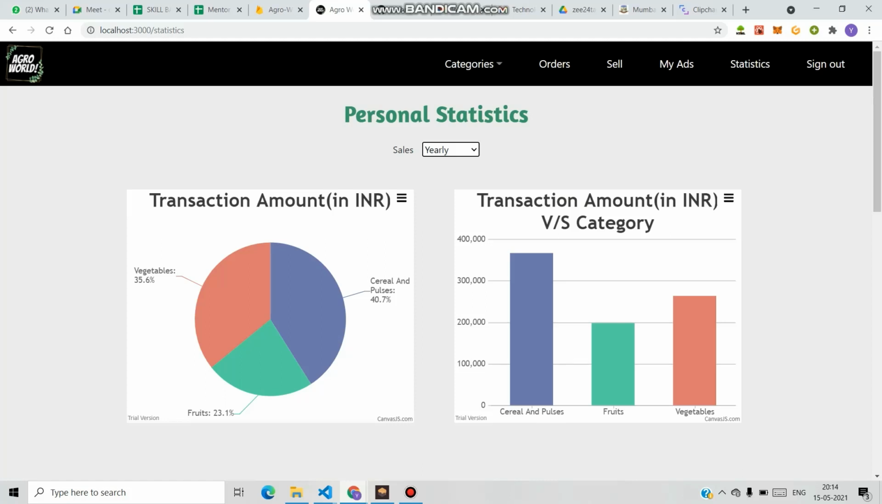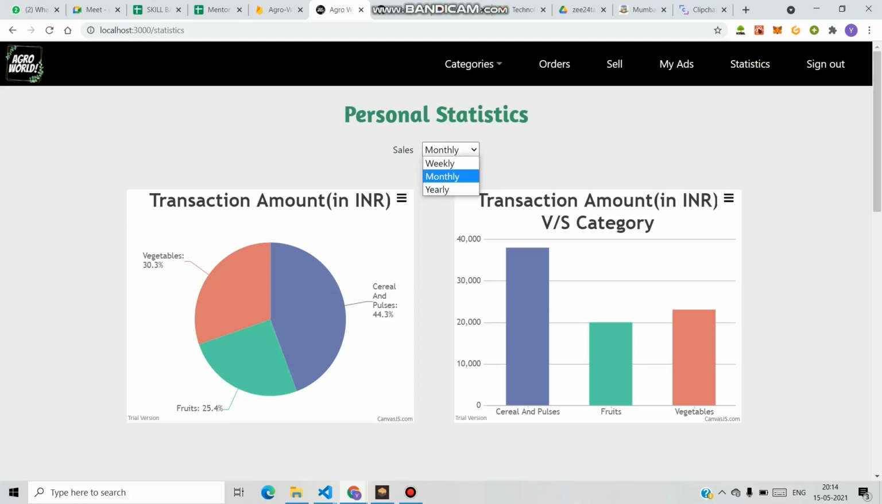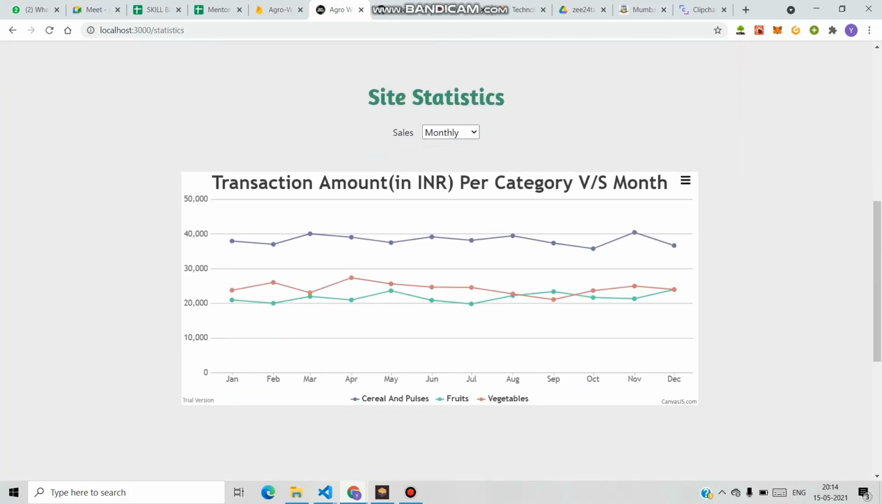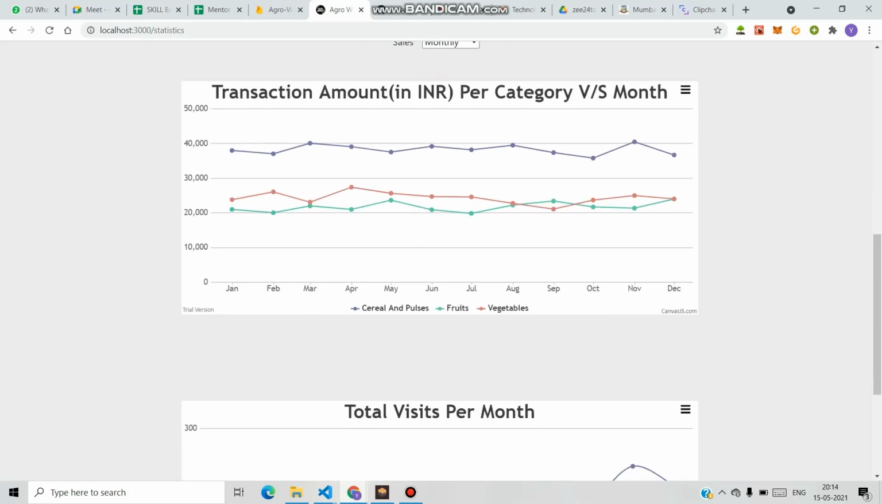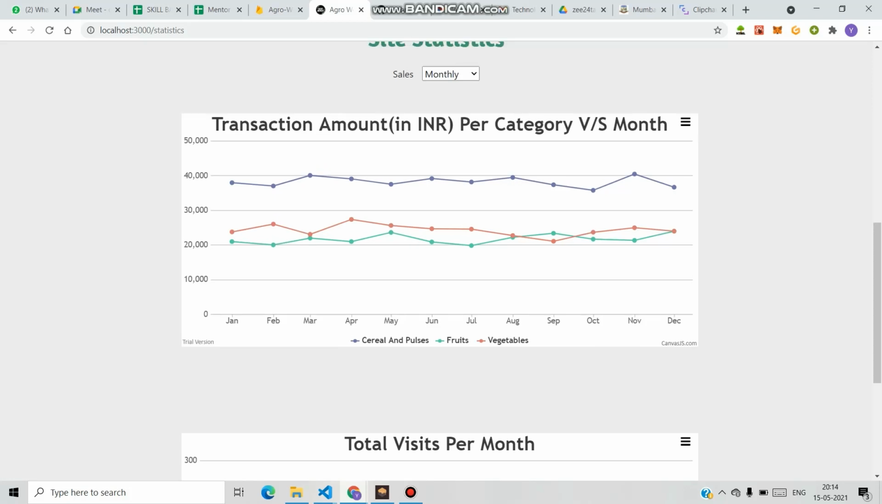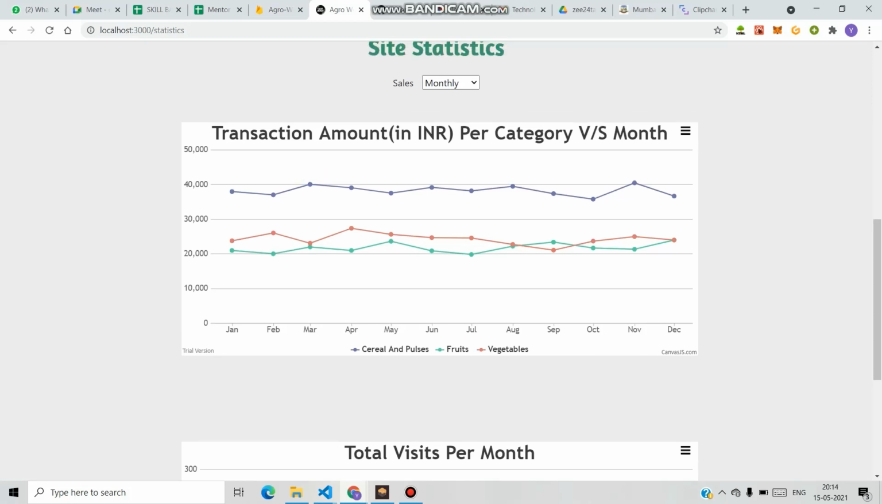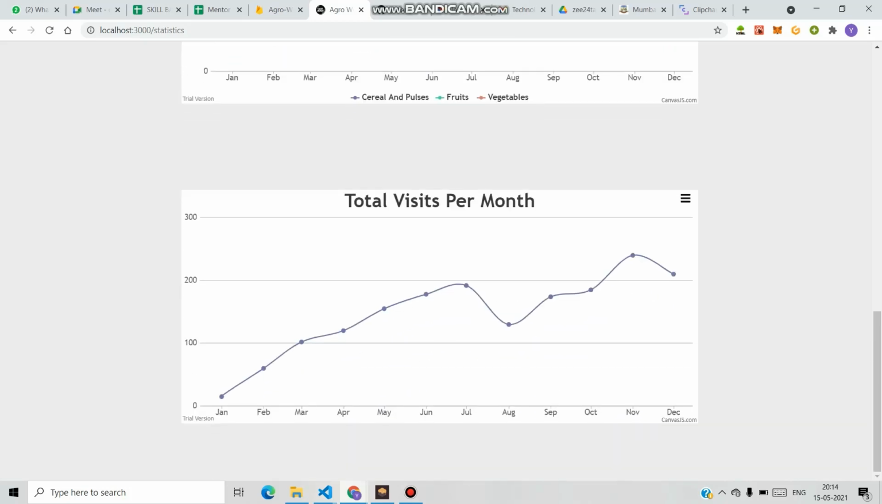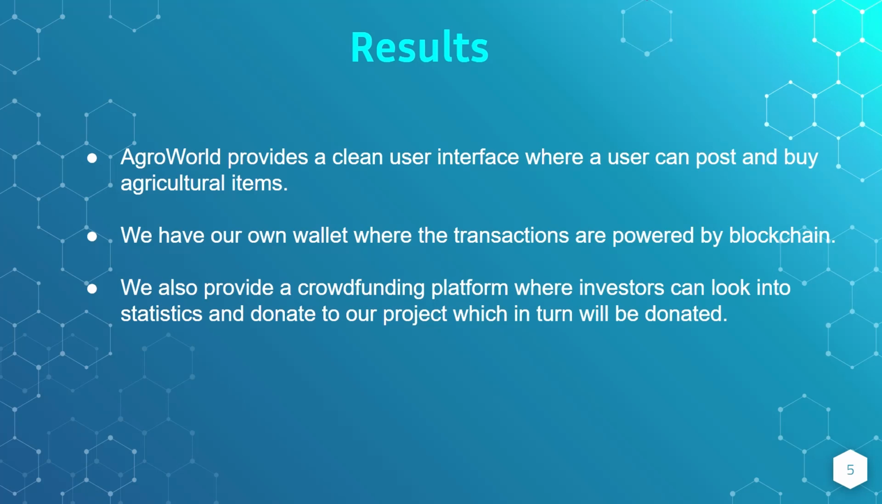Users can grow their businesses by analyzing their sales on a yearly basis, monthly basis, and weekly basis. We also provide the site statistics which would encourage our investors to invest in our project, which includes the total transaction amount per category versus month, and also the total visits per month. The results of this project are